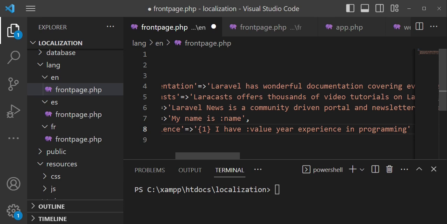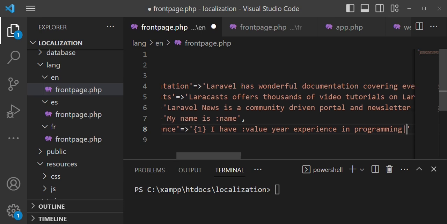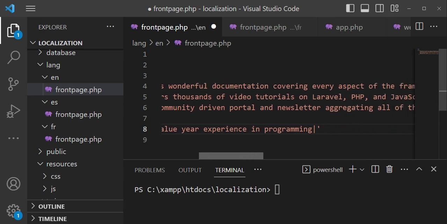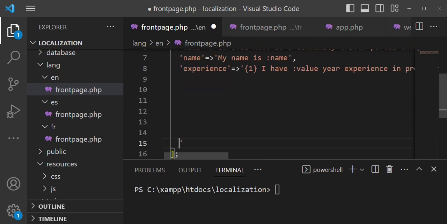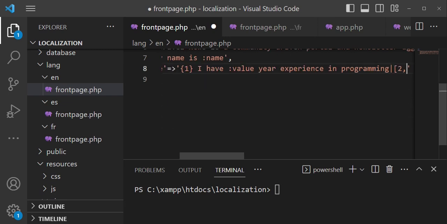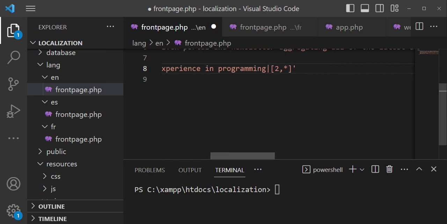And then after that, we can use this straight slash or something. I do not know the specific name, this one here. And then we can also put another condition. So we can say if this value now is 2 and above, sorry, let me, yes, is 2 and above, so we just put a star. And then now, so if this value is 2 and beyond, in this case 2 years, 3 years, 4 years, 5 years, then here we can say